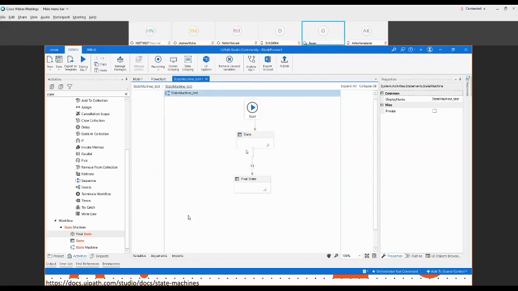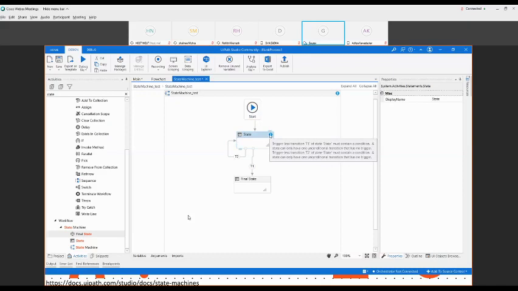If I add one more transition to itself, then again it shows an error. It says two transitions are okay, but both transition conditions are empty.